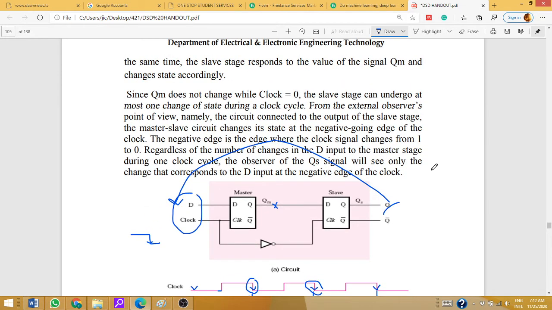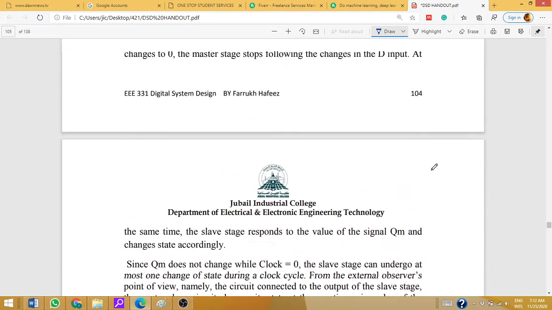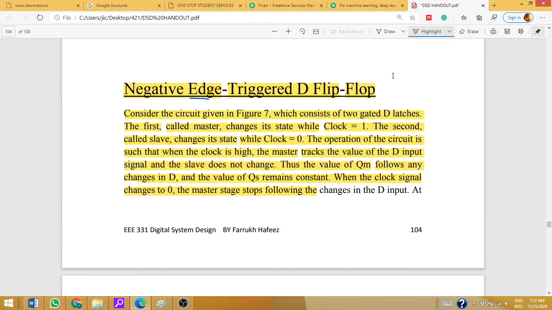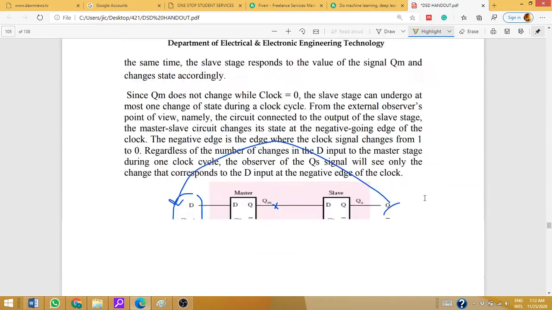If something is missing, if it is not clear, what to do, Shabab? Everything is here. I think it's very clearly written here. What we discussed theoretically, everything is here. Okay, you can go through here. You will understand.